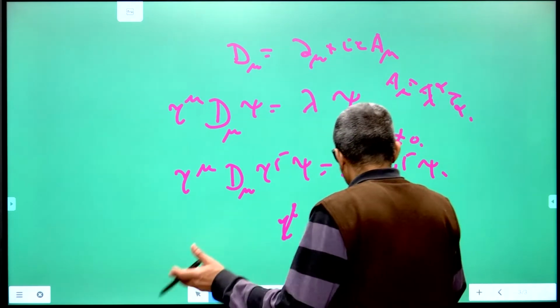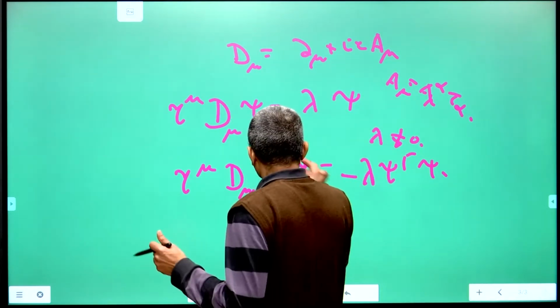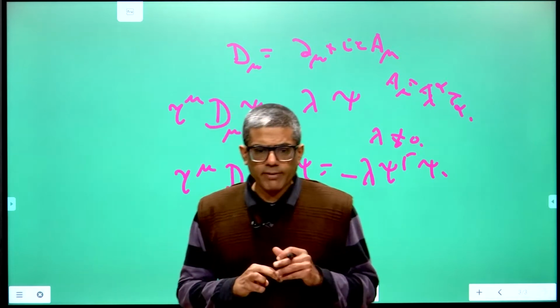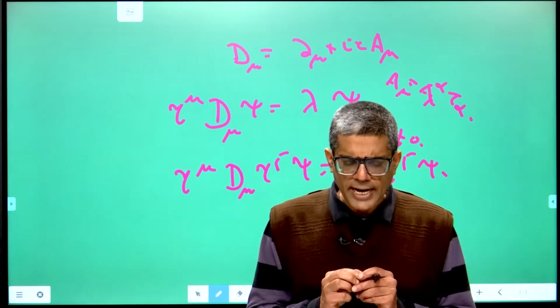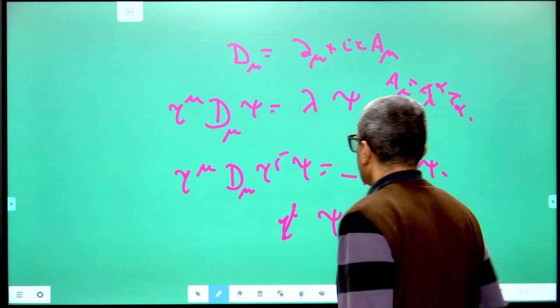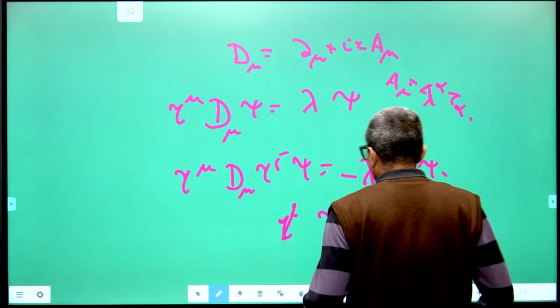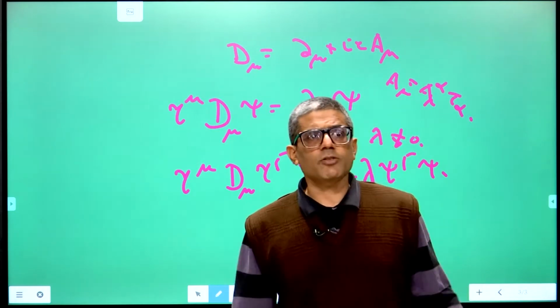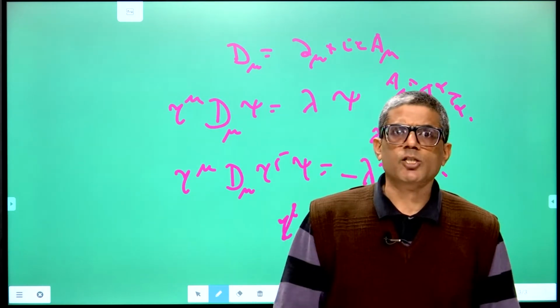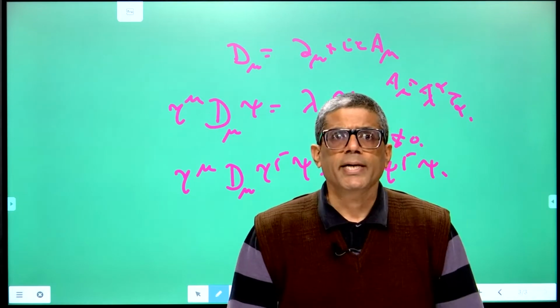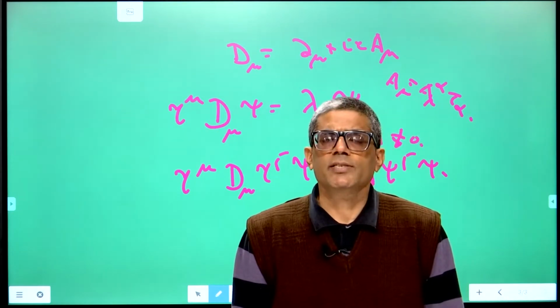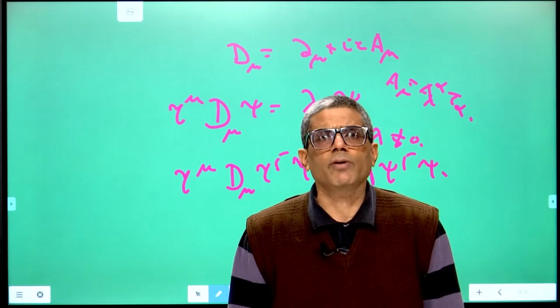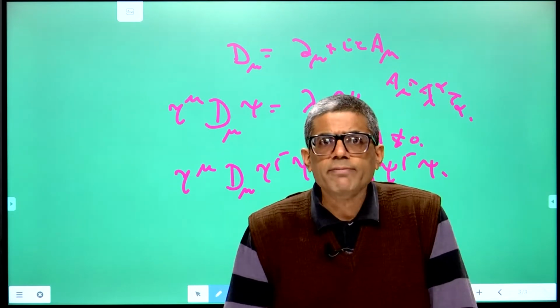So you can see that the positive and negative, that is the non-zero eigenvalues of the Dirac operator, get paired up. That means that if you look at the number of eigenfunctions, the dimension of the eigenspace of the Dirac operator corresponding to a non-zero eigenvalue lambda is the same as the dimension of the eigenspace of the same Dirac operator corresponding to the eigenvalue minus lambda,